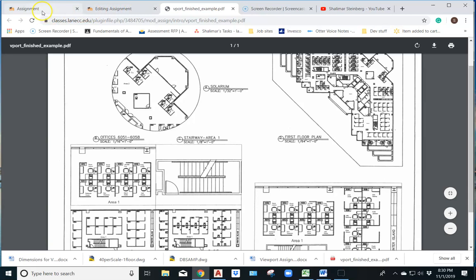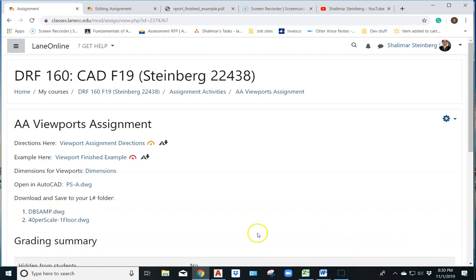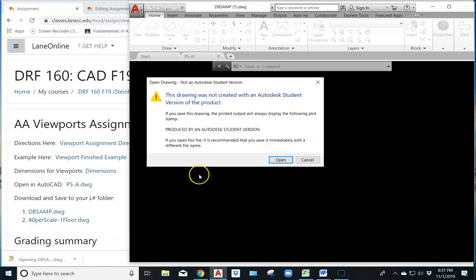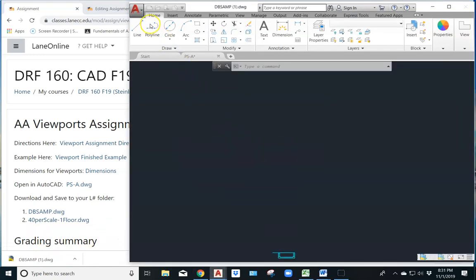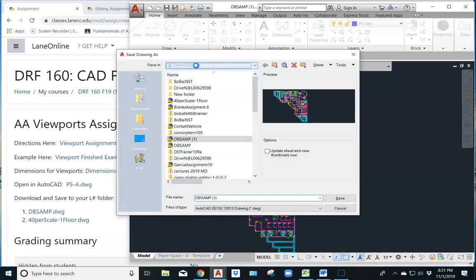So the first thing that we're going to do is go to the assignment page, and we need to start by downloading our PSA title block if we haven't already. And then we're going to download and save these 2 files, which are going to be inserted into the drawing at different times. So we're going to start with the DBSamp drawing,